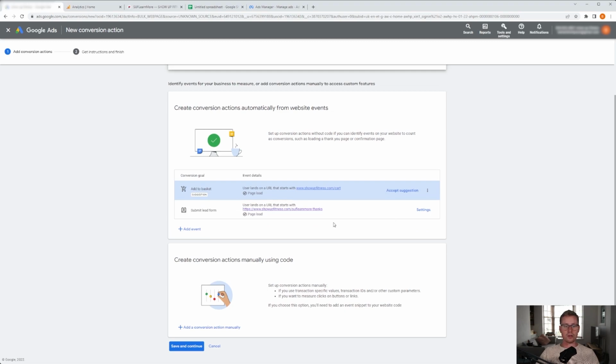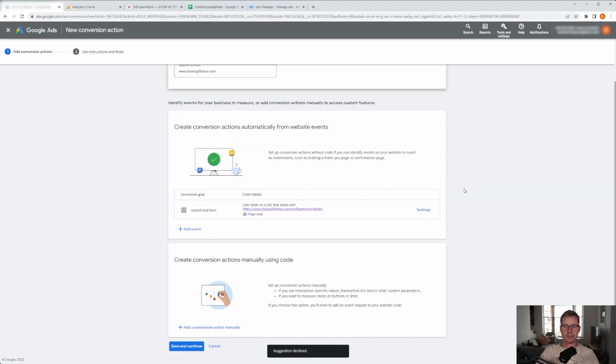So now I've got my conversion set up and I've got my add to basket set up. And just to make this really simple, I'm going to remove the add to basket. So this is the first way of adding conversions. Now the second way is manually using code, and we will come back to that in a minute. I'm going to continue setting up this one here first, but I want to let you know before we go